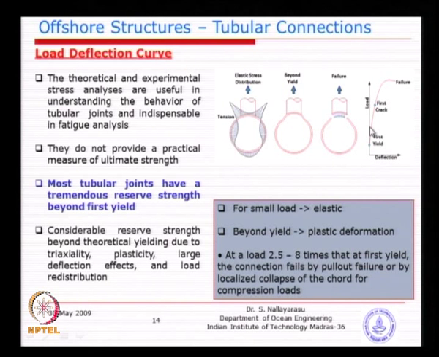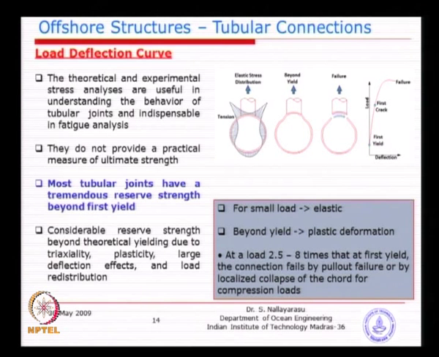Now, nobody will accept a design when the design itself says I will have a crack, is that not so? I think no one will accept. So, you can actually have a condition not acceptable if there is a crack in the design calculations. So, what we are trying to find out is whether we want to go below yield or slightly higher than yield. The concept adopted by API is basically between the yield and the crack, because the first crack may happen at say 500 kilonewton instead of first yield at 100 kilonewton. So, there is a substantial margin between 100 and 500.